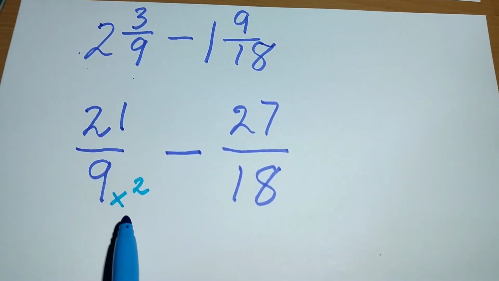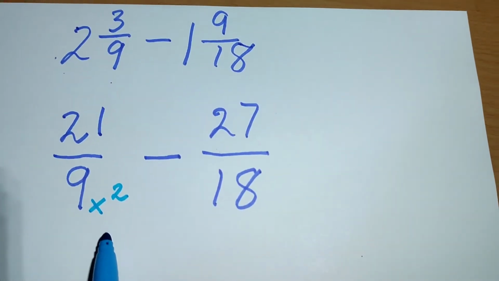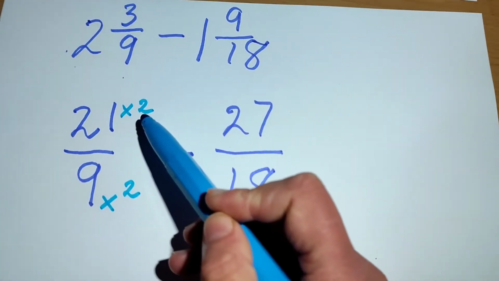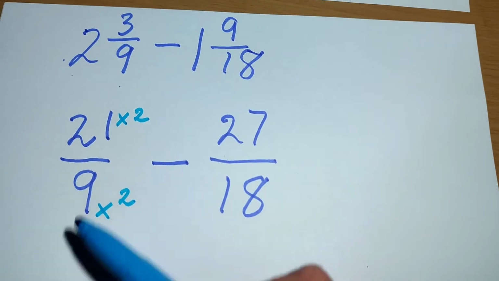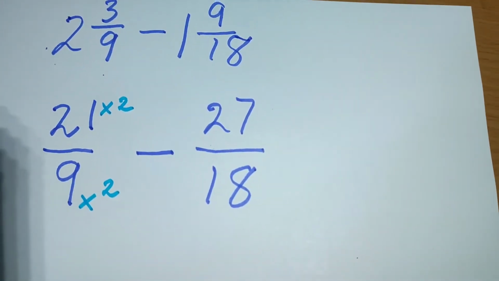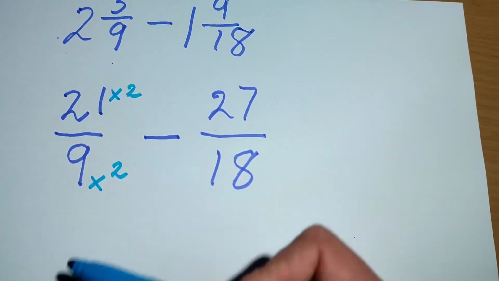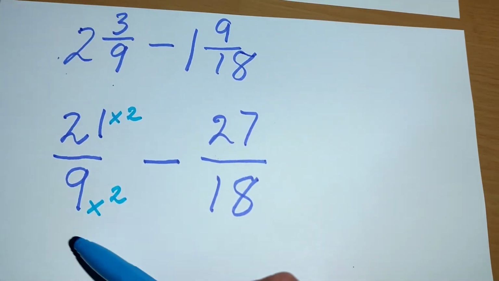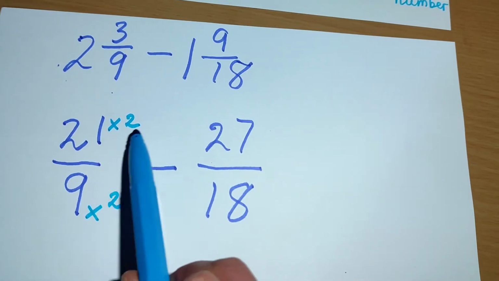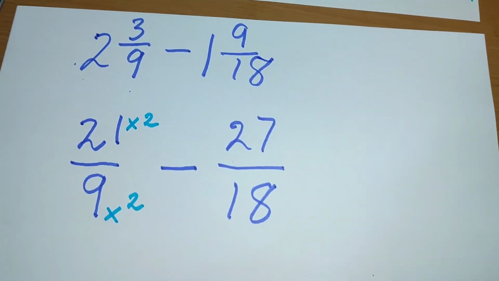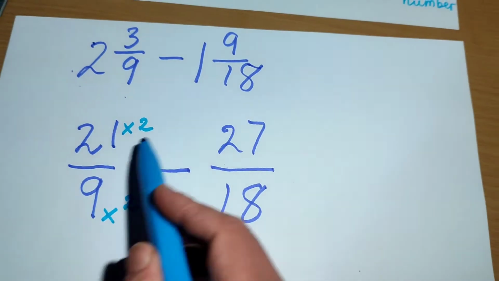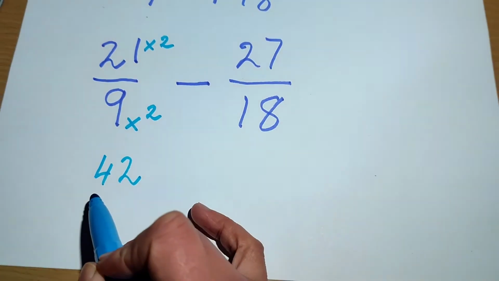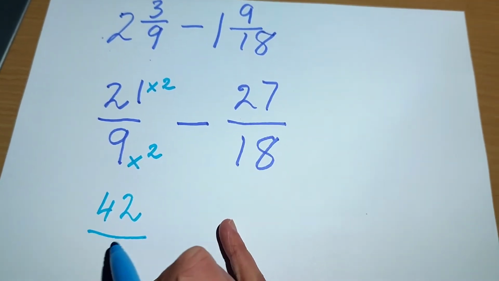Whatever we do to our denominator, we need to do the same to our numerator. Otherwise, if you forget to do that, your fraction is not going to be an equivalent fraction. It's going to be something else. So quite often, children forget to do that. So please don't forget. If you're multiplying your 9 by 2, you need to multiply your 21 by 2 as well. Right, what are we going to get now? 21 times 2, 42 eighteenths,